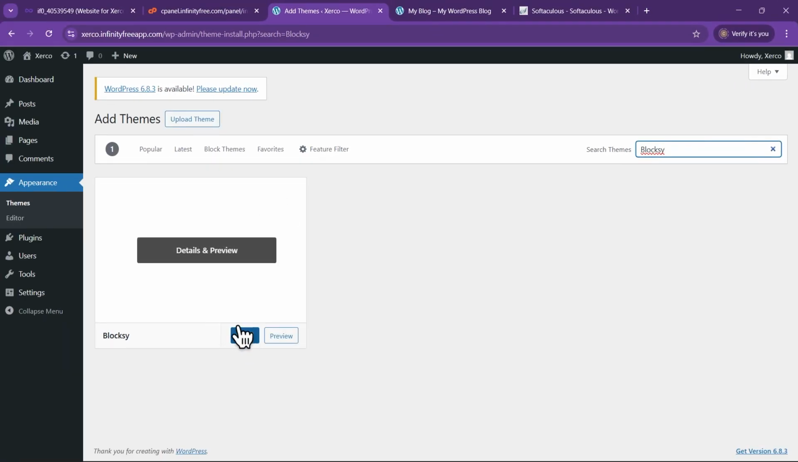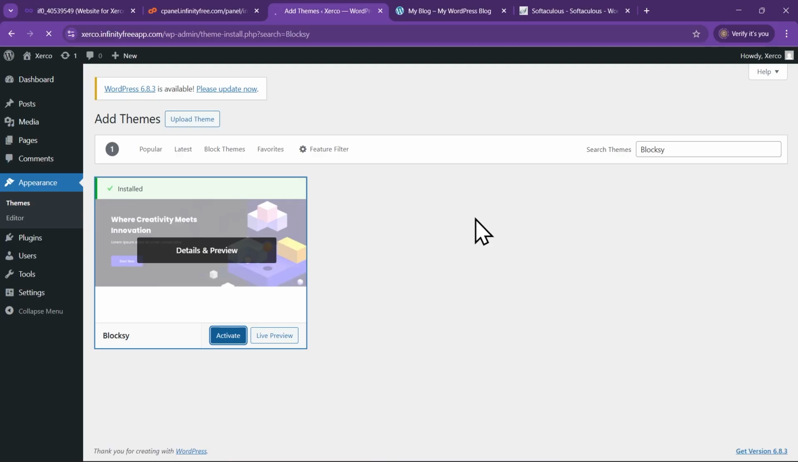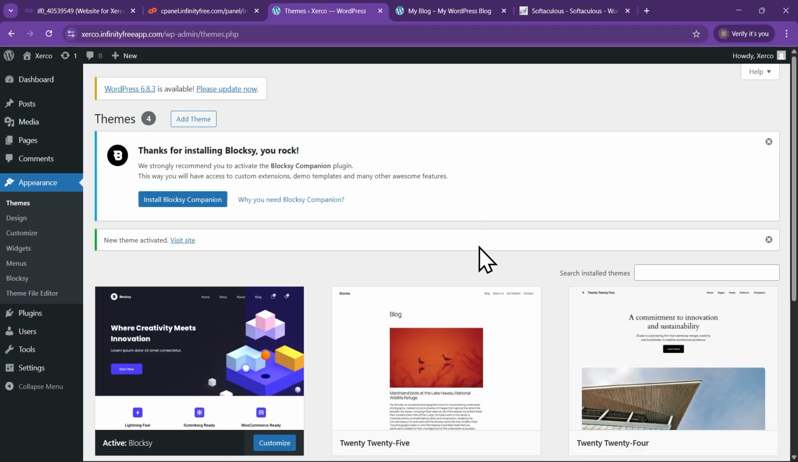And you can see right here is the Blocksy theme. So you want to click on Install. And once it is installed, you want to click on activate. All right, so now we have our Blocksy theme activated, and the next thing we want to do is to